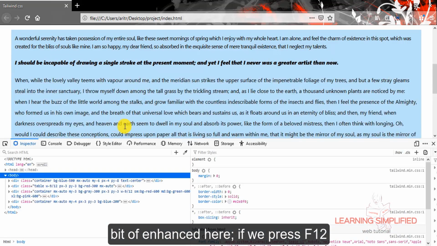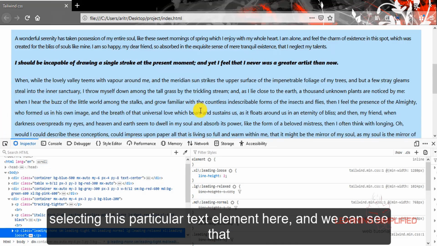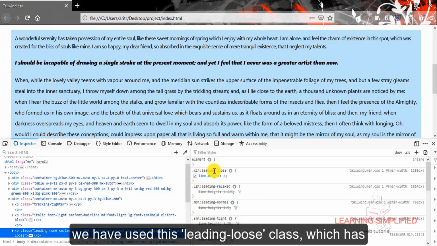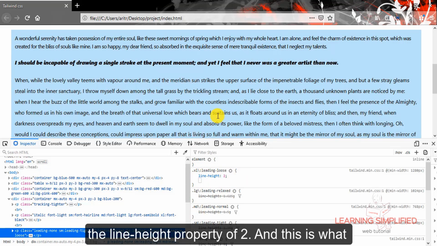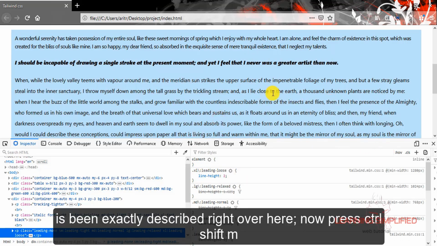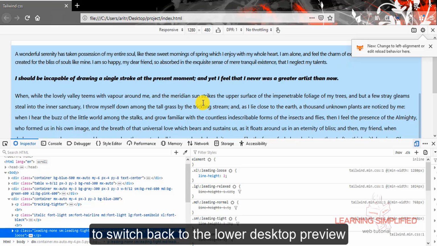If we press F12, selecting this particular text element, we can see that we have used this leading loose class which has a line height property of 2, and this is exactly what has been described right over here. Now press Ctrl Shift M to switch back to the lower desktop preview.